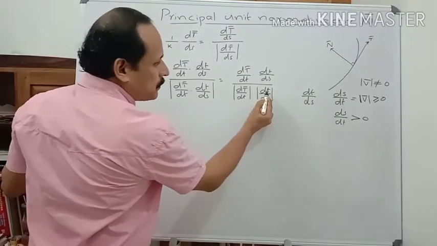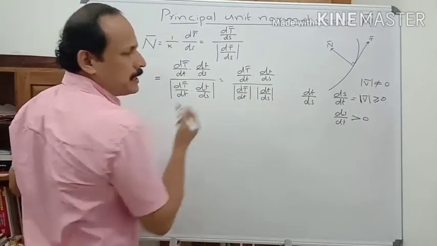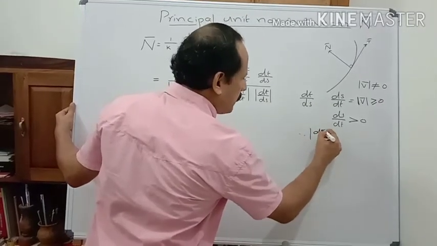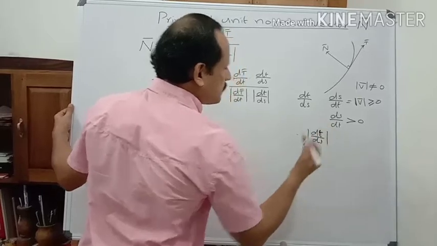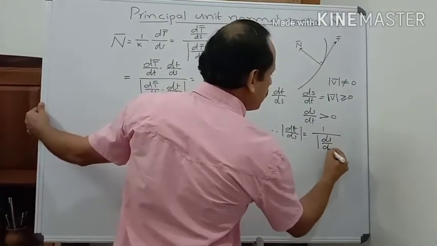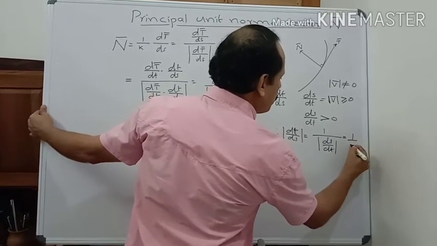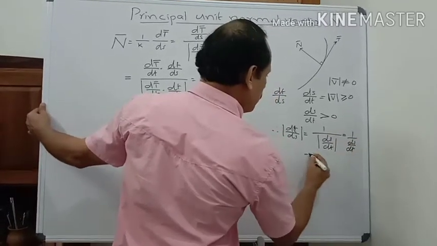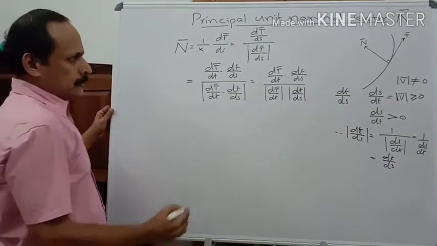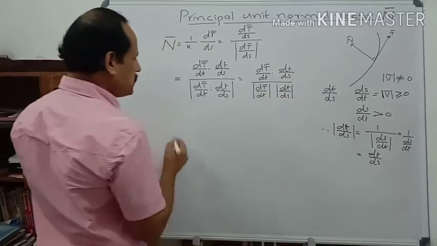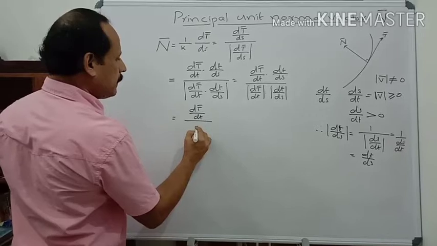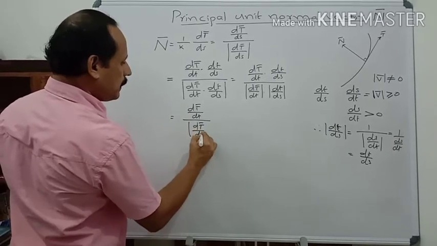Therefore mod dt by ds is the same as dt by ds, which is 1 by ds by dt. So we can cancel these two and we get dt bar by dt by mod dt bar by dt,